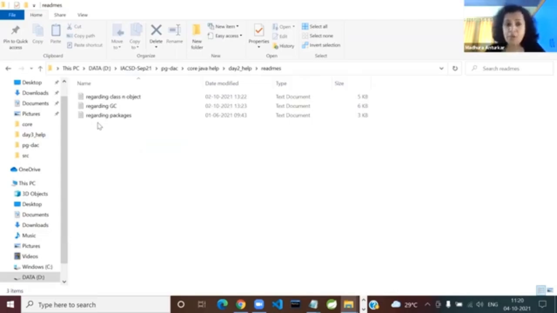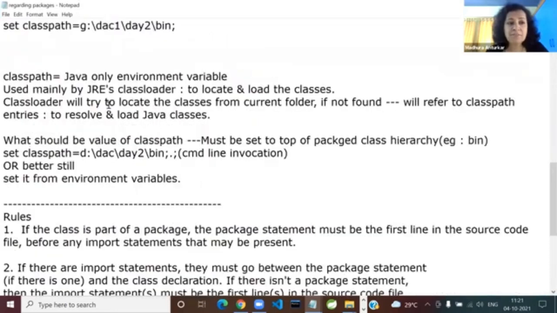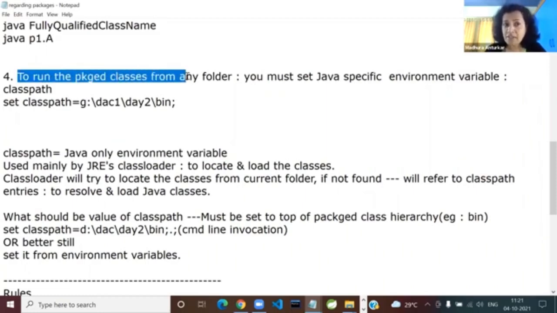This was present in the day 2 readme regarding packages. People ask you, it's a popular question. Let me ask you, is setting the class path compulsory, as in mandatory, or optional? M or O? It is optional but recommended. You understood the statement I'm making? It is completely optional for you to set the class path, but it is 100% recommended. So read this carefully. To run the package classes from any folder, if you want to give this flexibility, then you have to set